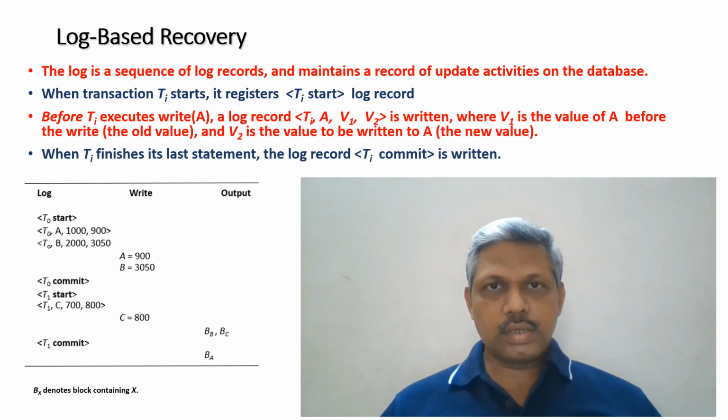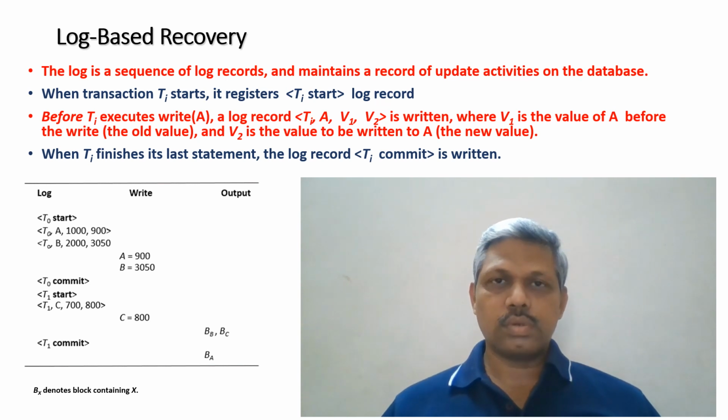A few important things that we need to consider here: in the previous slides we talked about stable storage, main memory and buffer, and we observed that every transaction maintains a local copy of the data objects that it wants to operate on, and data is transferred from main memory to the stable storage and from stable storage to main memory.